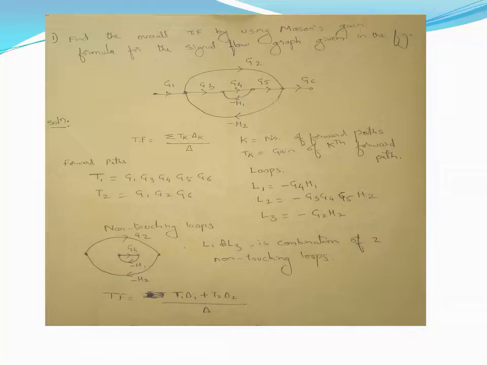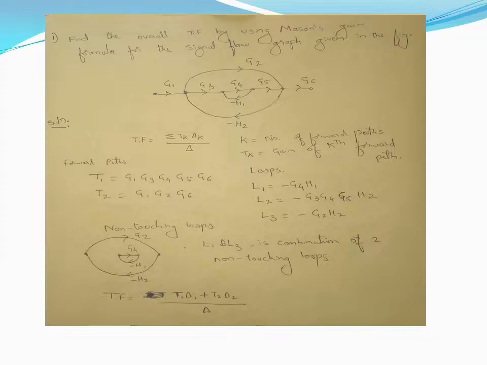So here we have to remember, whenever it is delta, it starts with 1, the first sign is minus, the next sign will be plus, the next sign will be again minus, and so on. So when we are calculating delta with respect to this problem, it becomes 1 minus summation of all the single loops. So summation of all the single loops means it becomes 1 minus summation is L1 plus L2 plus L3.